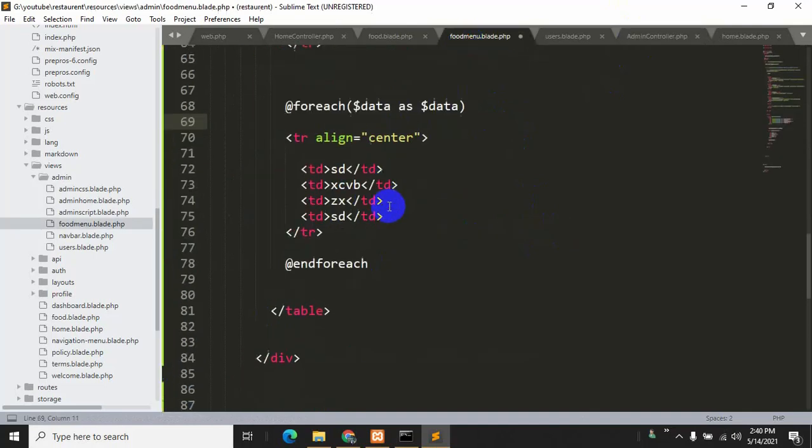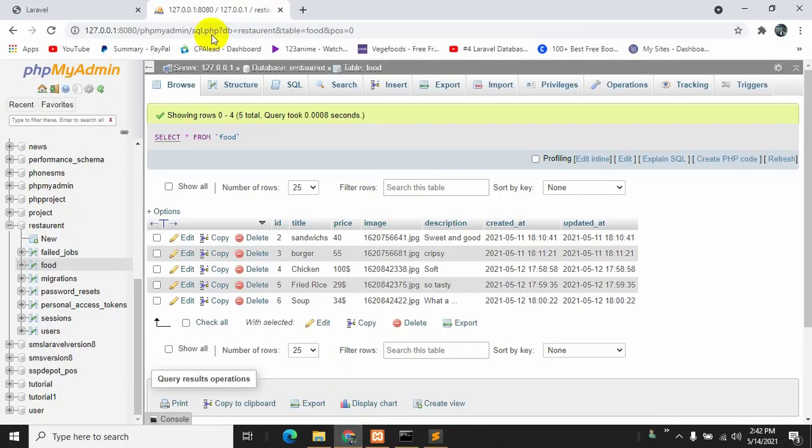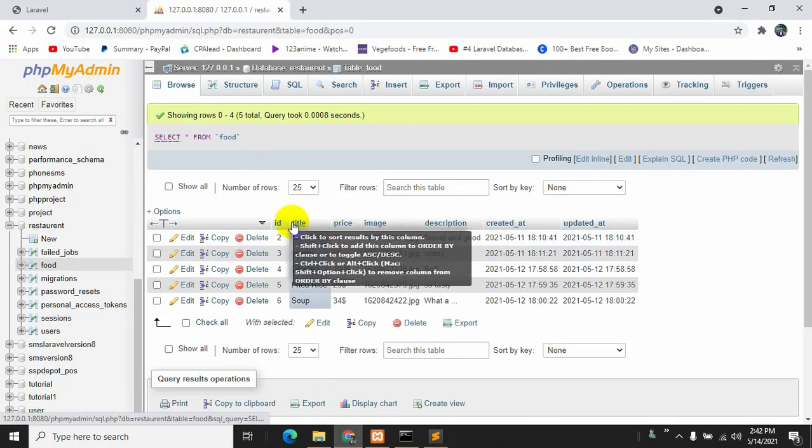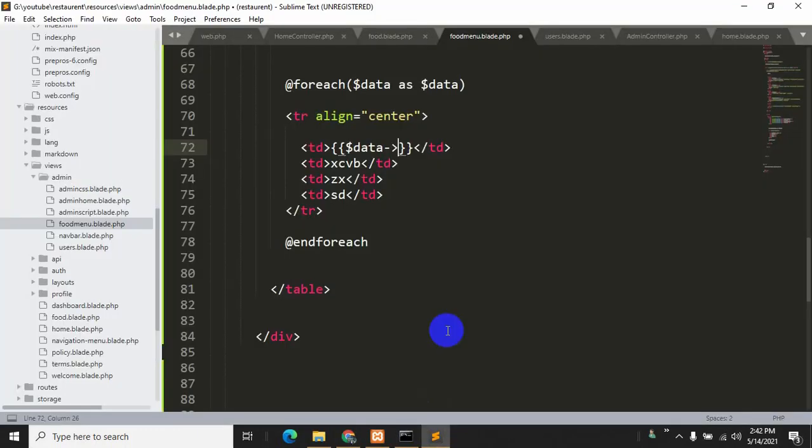Now we just need to make a little bit of changes. Over here we'll say two curly brackets, and inside it we'll say $data, then the arrow sign, and we just need to write those data names exactly like this. The first one is title, so we'll say title.